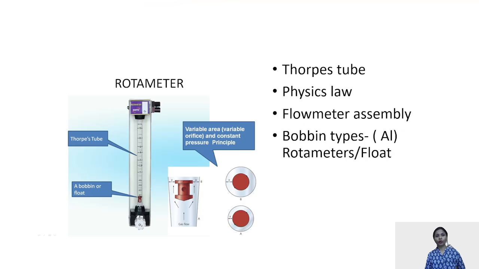Now coming over to your flow meters. Flow meters, and yes, they are very important because a lot of questions out of the flow meters have been asked. So let's learn flow meters step by step. By step, I mean first we'll learn what these flow meters are actually made up of. These flow meters are made up of a special glass which is known as Pyrex glass, and these tubes made up of Pyrex glass are known as Thorpe's tubes.